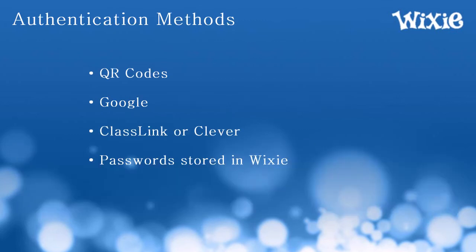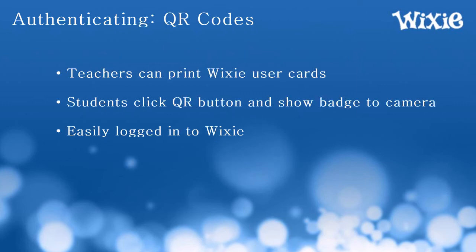You also need to choose how Wixie will authenticate your users when they log in. Most sites choose to authenticate using QR codes, Google, Classlink or Clever, or passwords that are stored in Wixie. Teachers can print Wixie user cards that contain a QR code that students can use to log in to their Wixie accounts. Students click the QR code button at your Wixie domain, show their badge to the camera, and are